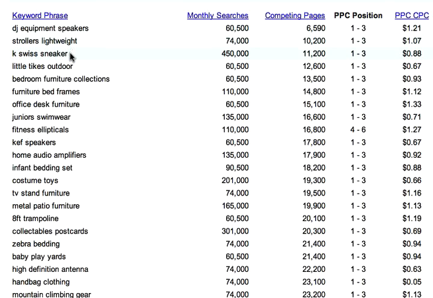Look at this one, K-Swiss sneakers. I don't have a clue what that is. Here's what I do know. It gets crazy searches. 15,000 searches a day, 11,200 competing pages. Folks, I guarantee there's going to be 100 people who see this video who are now going to build sites around K-Swiss sneakers, as well you should, okay? But guys,